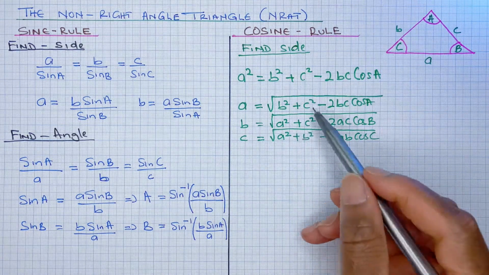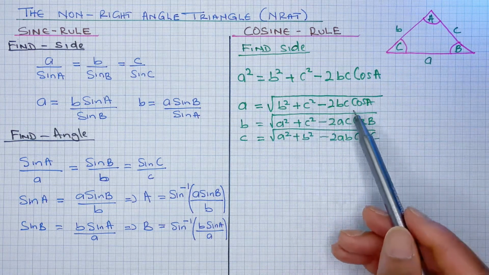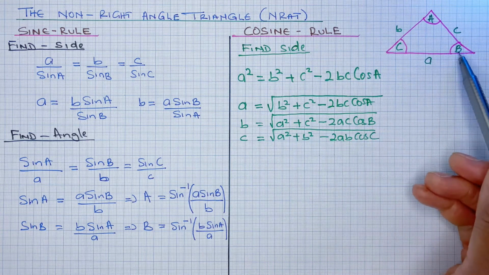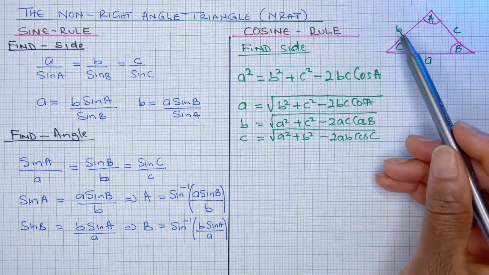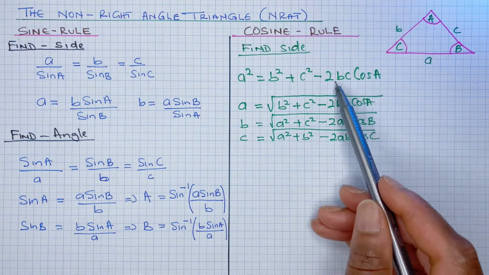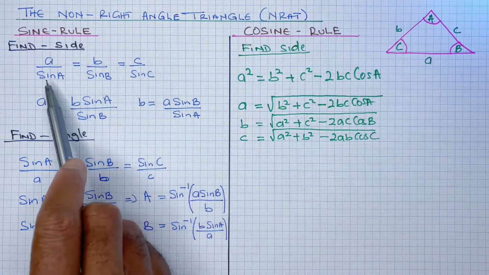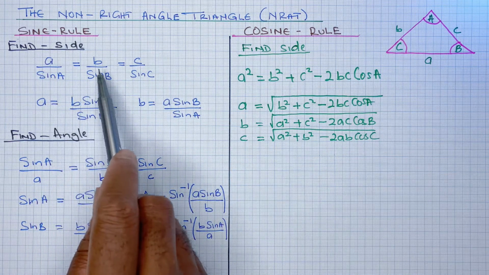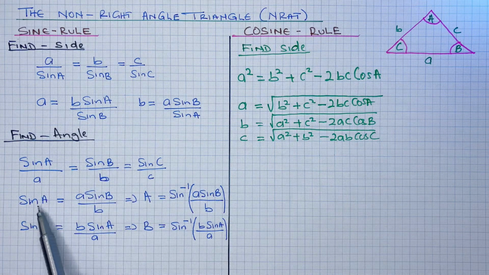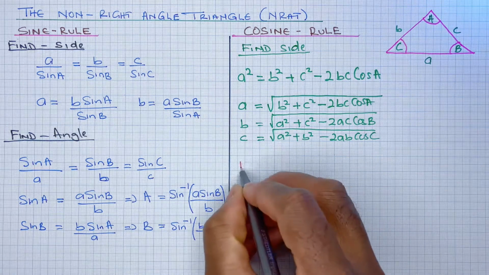For the cosine rule, you need at least two sides and one angle to be able to find the other side. You can see two sides, b and c, and that's an angle there. For the sine rule, to find a side you need two angles and one side, or to find an angle you need two sides and one angle. So to find an angle,